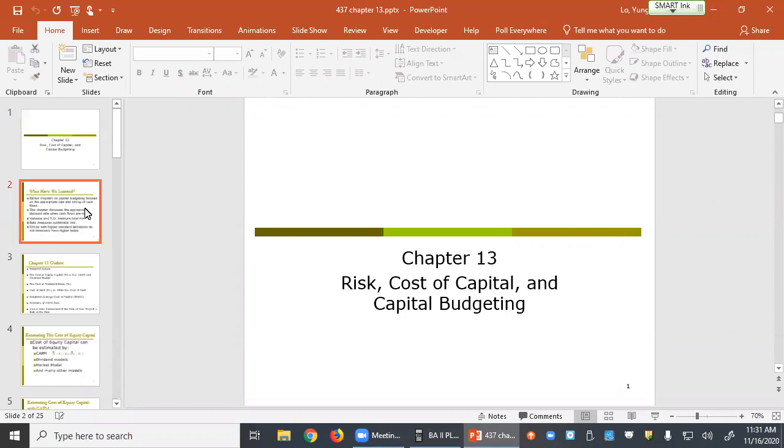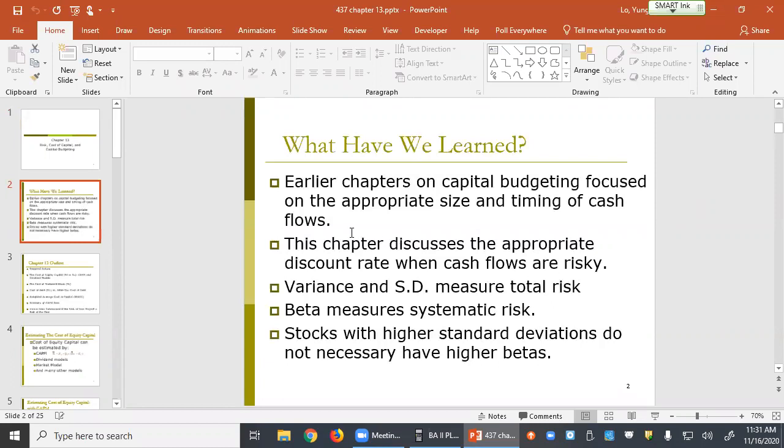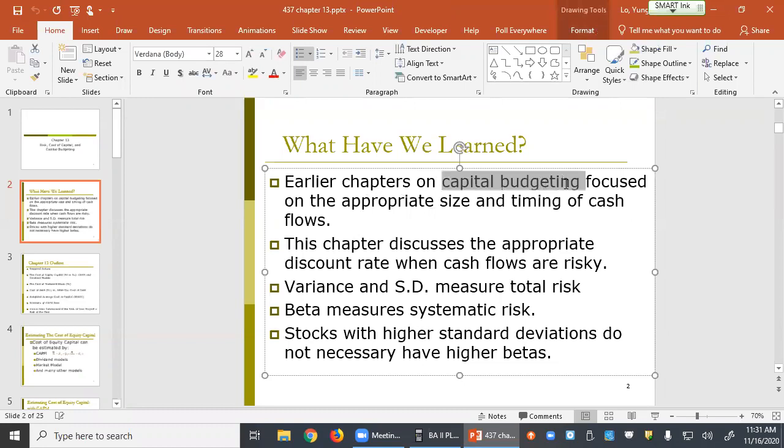Let's start with what we should have learned in the past from this course. Earlier chapters on capital budgeting focus on the appropriate size and timing of cash flows. We have been spending a lot of time talking about how to make capital budgeting decisions, right? In chapter 5, we reviewed how to use the net present value rule or IRR rule or payback rule to make